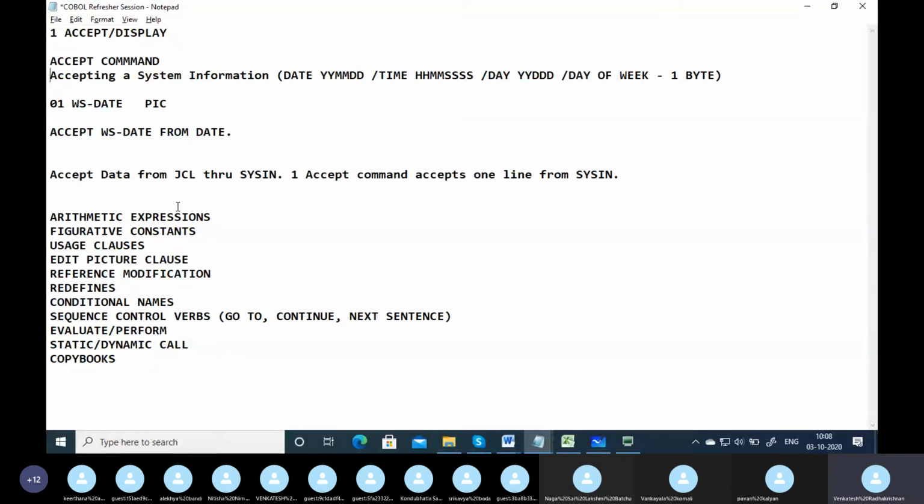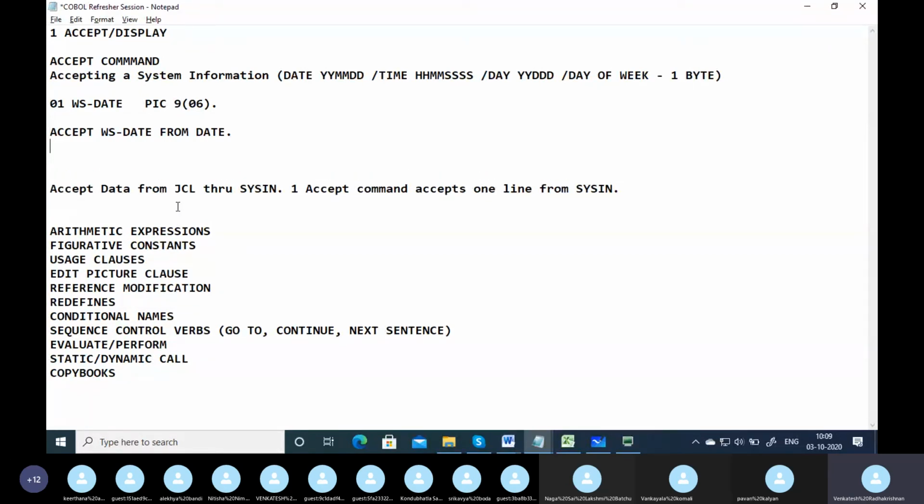I have given what is the system date. How many bytes? This is 6 bytes, right? So we have to declare the picture: X of 6 or 9 of 6. You can give either one; anything is fine.